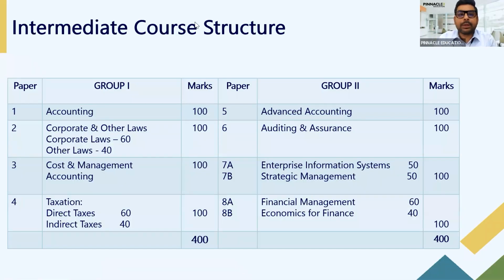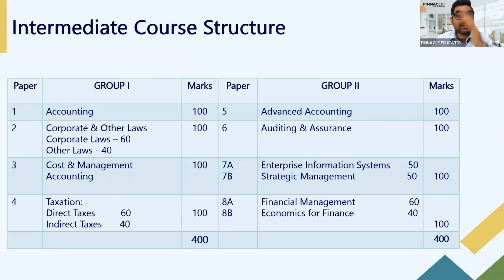Okay, now, first things first, I'm going to give you a quick glimpse of what the CA Inter subjects look like. Now, unlike CA Foundation, where you have just four papers, your syllabus absolutely multiplies by two because you now need to do eight papers. Okay, so it's a huge, huge syllabus to tackle in that sense. The eight papers are divided into two groups.